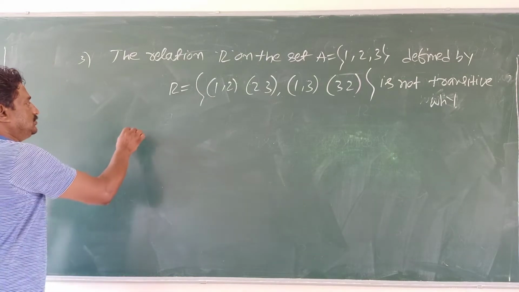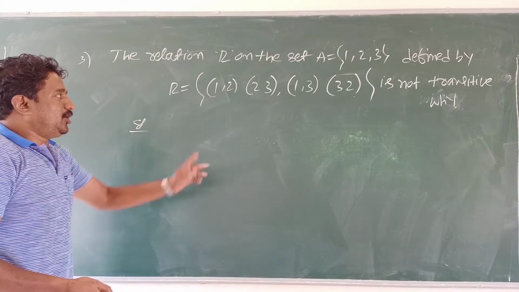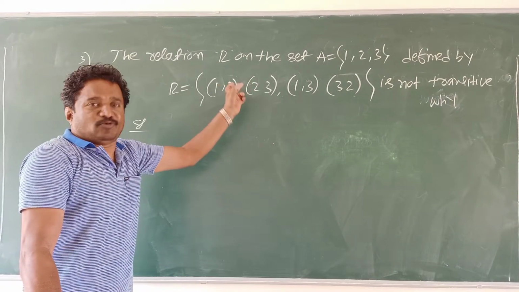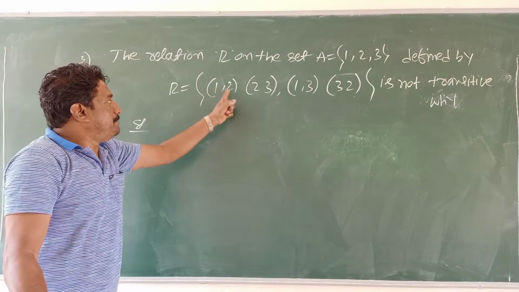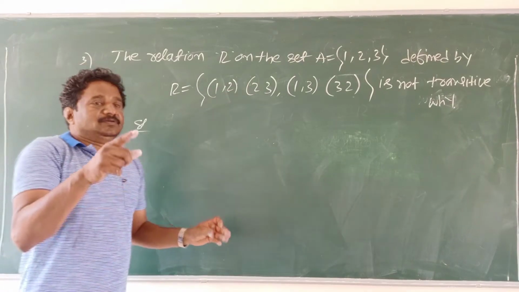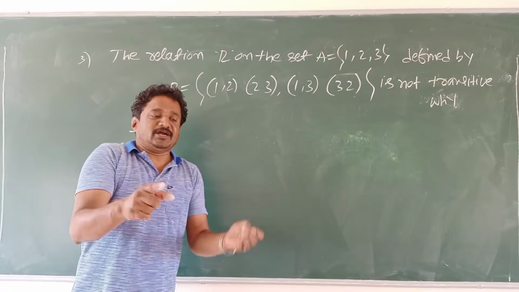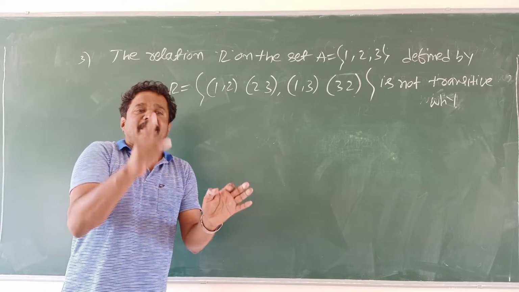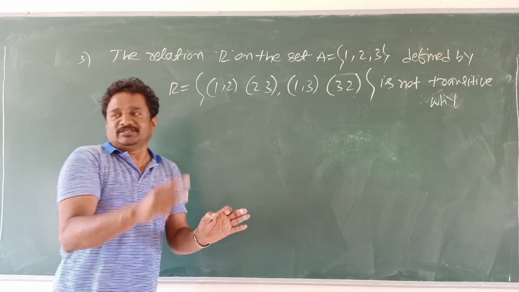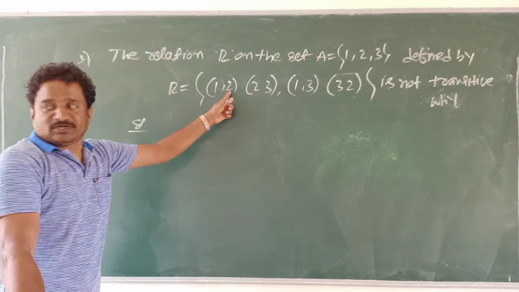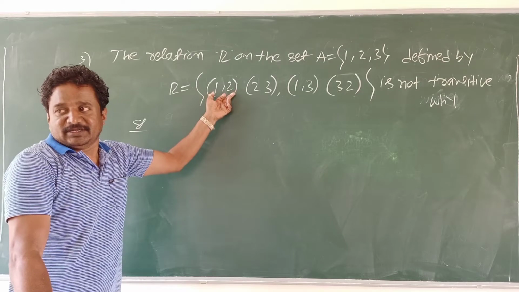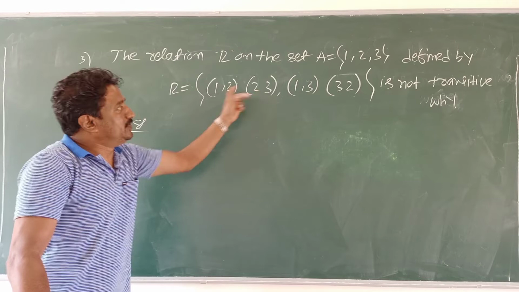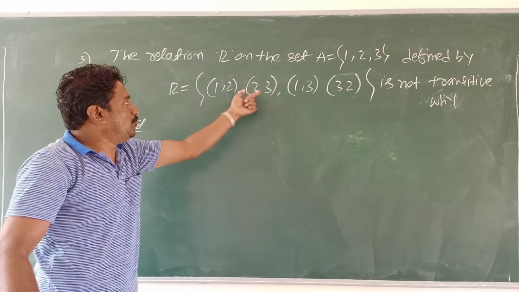Solution. Now look at this. Carefully check one by one, and you will get it. Transitive means: when we say R is transitive, if R contains (a,b) and (b,c), then it must contain (a,c). Let us go for checking that. For (a,b), tell me the related (b,c). Here we have (a,b), (b,c), and we have (a,c). No problem. Go for one more element.